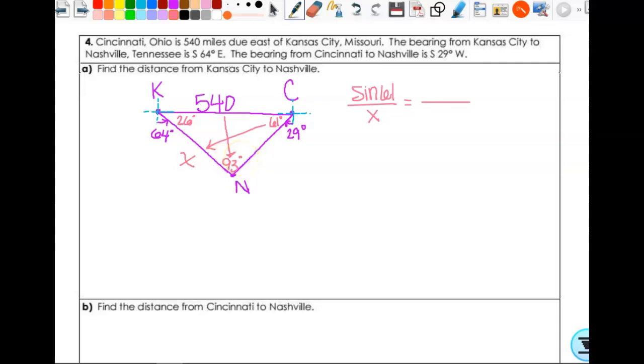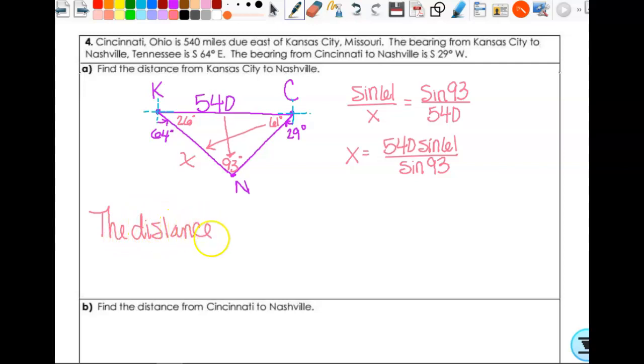Okay. So then I have the sine of 93 over 540. So X is equal to 540 times the sine of 61 over the sine of 93. So then I can say the distance from Kansas City to Nashville is